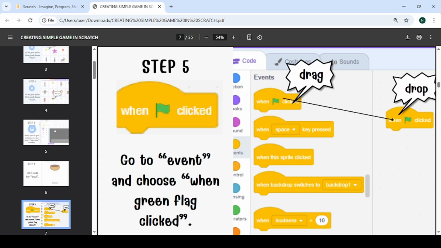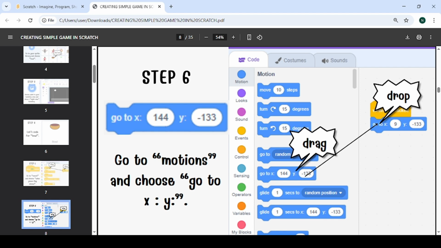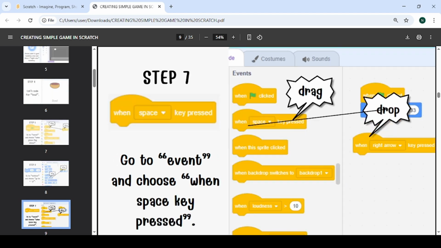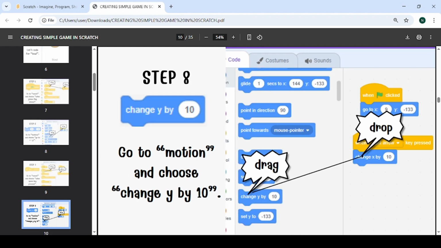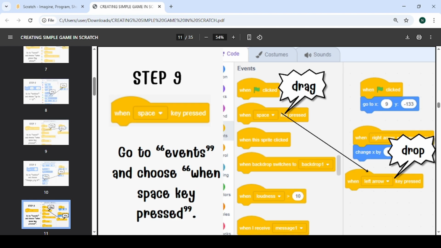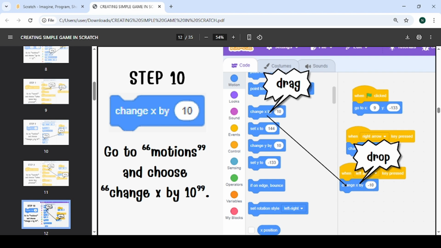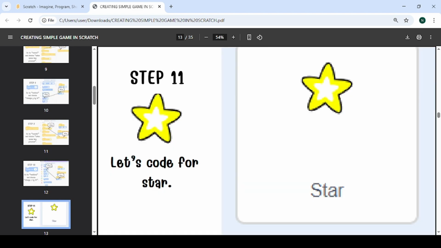So here are the codes we'll be using for our ball. When green flag is clicked, then go to X and Y block. When space key is pressed, of course we'll change it to our right arrow key, right? We're not using the space key for this project. And the next one we'll be using is change X by 10. Then when left arrow key is clicked again, change X by -10. After that, you head on to